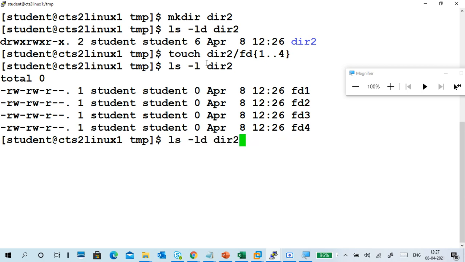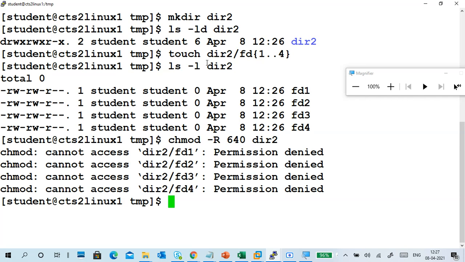Here what I'm using is chmod -R. R means recursive. Permission on the directory and in the directory also will be changed. I'm choosing 750 dir2. So what will happen? Internal files will also change to execute mode. That's another problem in this one. Otherwise, you can choose something like 640. What will happen? It's a very dangerous one. Cannot access, permission denied.